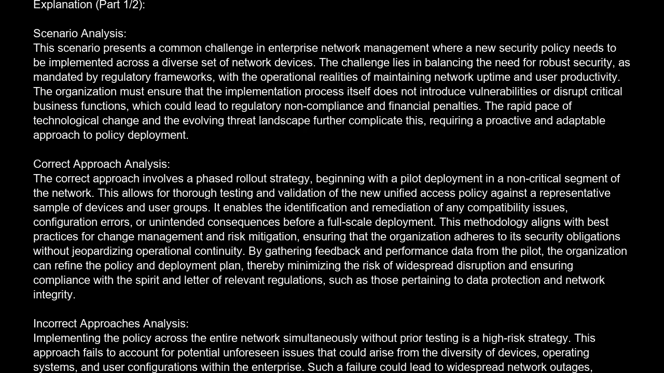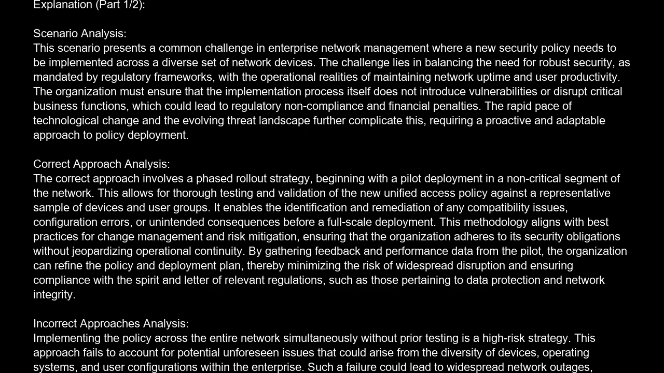Incorrect approaches analysis. Implementing the policy across the entire network simultaneously without prior testing is a high-risk strategy. This approach fails to account for potential unforeseen issues that could arise from the diversity of devices, operating systems, and user configurations within the enterprise. Such a failure could lead to widespread network outages, compromising business operations and potentially violating service-level agreements or data availability